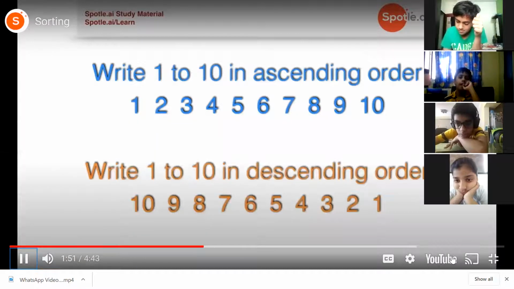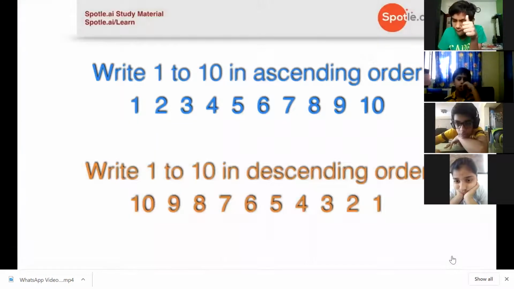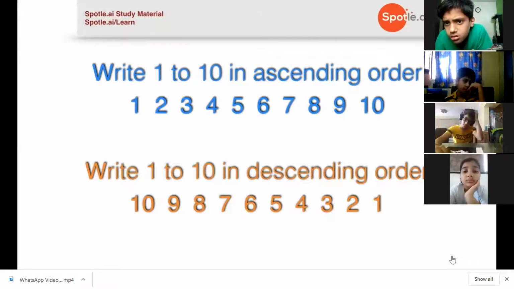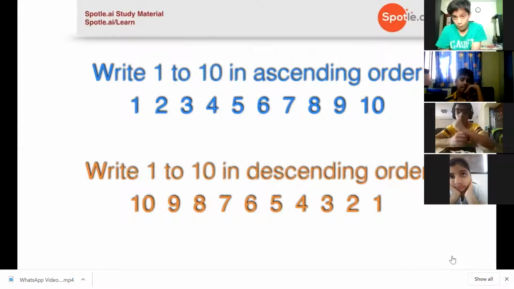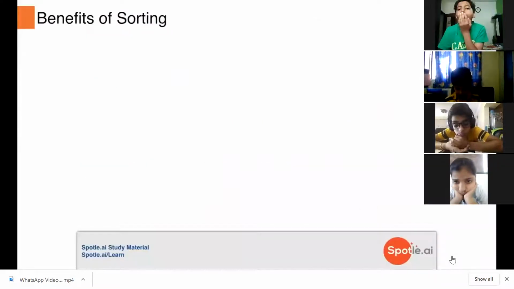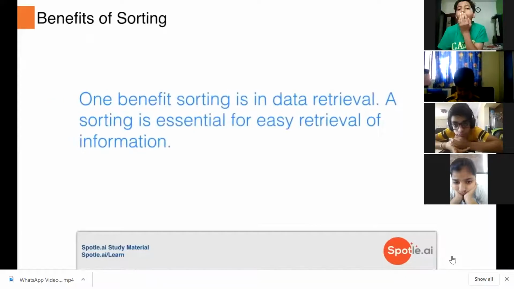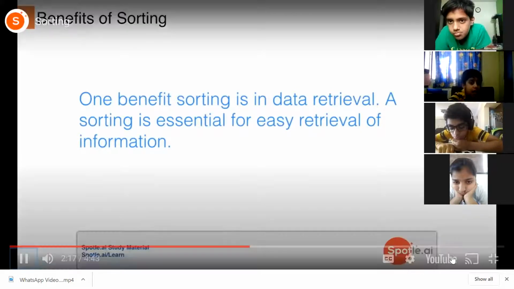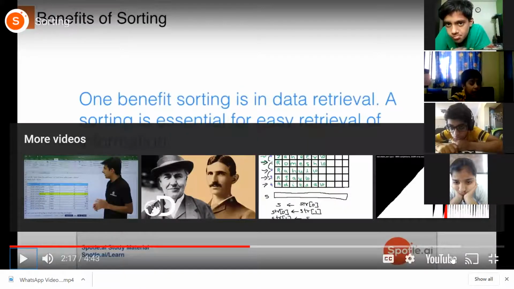In the second case, each element was less than its preceding element by 1. The rule of the arrangement plays the key role for anyone to look for a certain element in the sorted list. I am quite sure you have already understood the benefits of sorting. One benefit is data retrieval. Sorting is essential for easy retrieval of information. When we did that plan in our previous